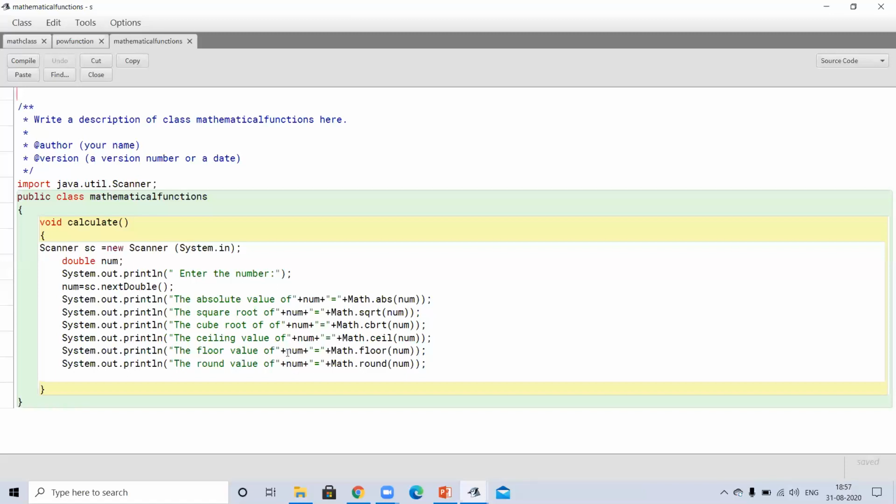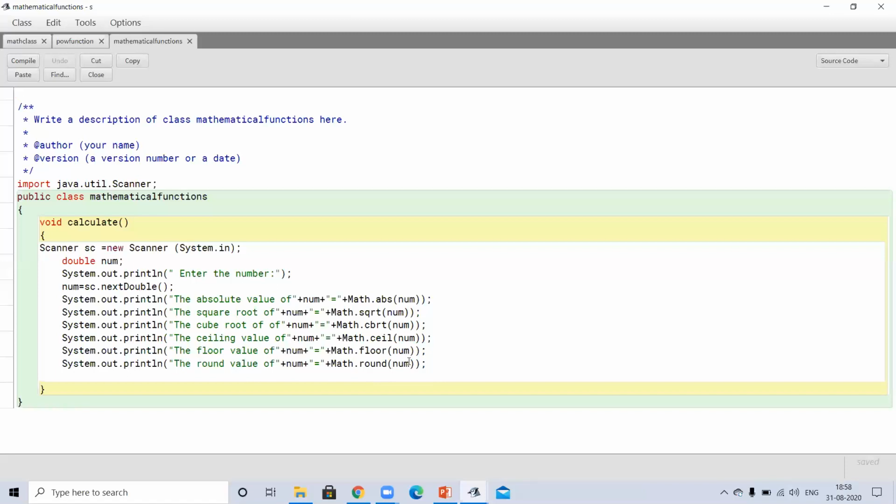And in the floor value, we get the next lowest value. For 3.1, the next lowest integer, if we remove this point, we will get 3.0, and from 3.9 also it will return 3.0. Next lowest value it will return by using the floor function. And round value will simply give you the round off. For 3.1 it will give 3, and for 3.9 it will give 4, but it will give the answer in integer or long, not in decimal form.